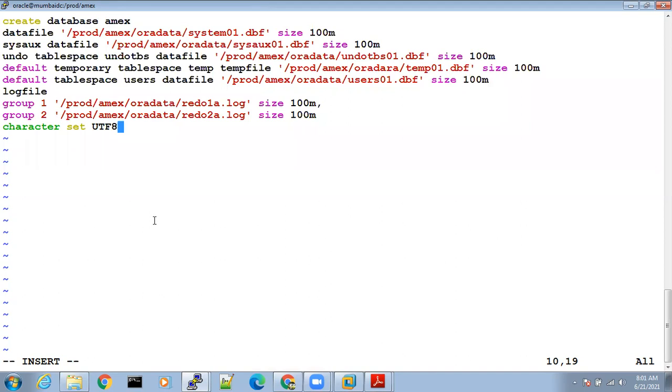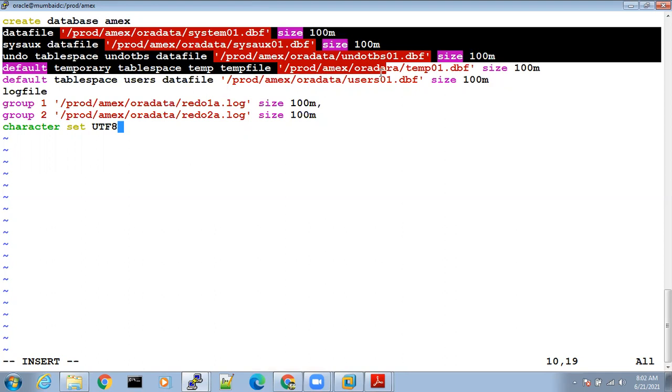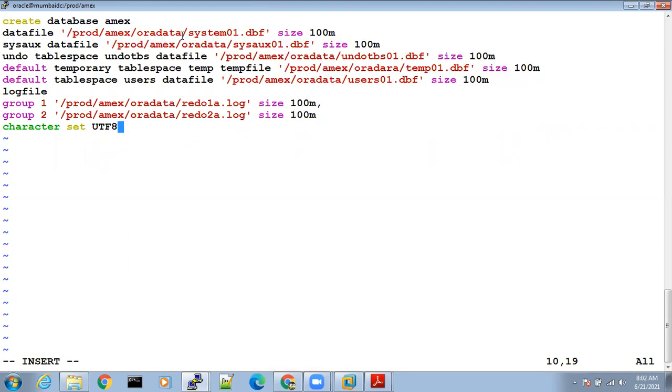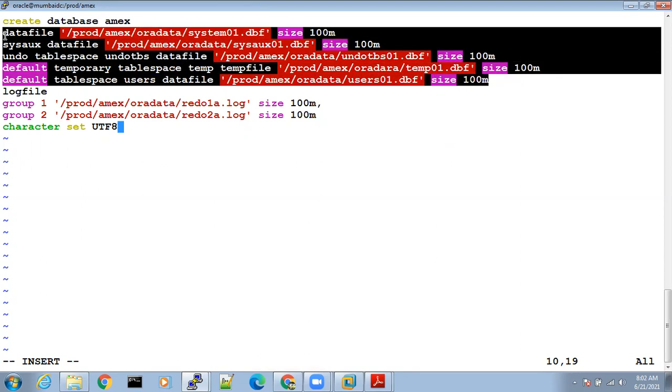You will not know that while creating a database, we have to create this many data files. These are mandatory. How many files are we creating? 1, 2, 3, 4, 5. These 5 data files are mandatory while creating a database.